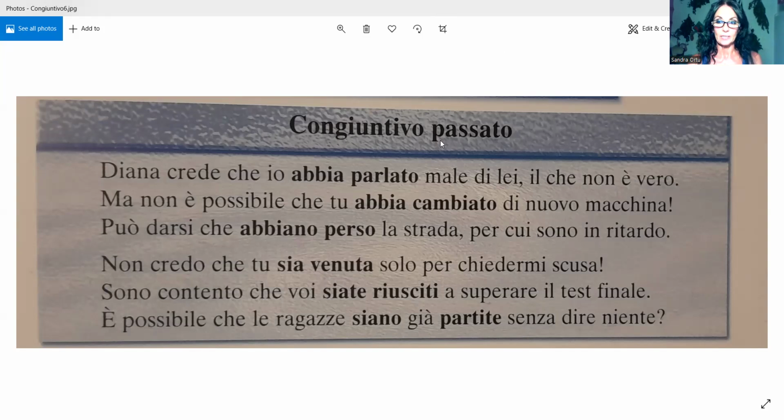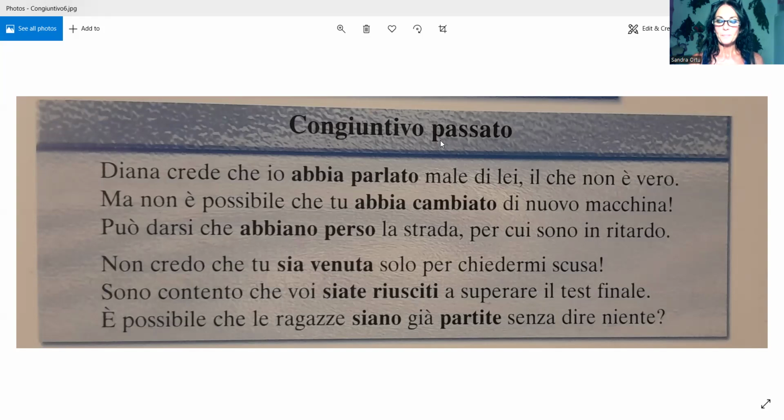With some verbs, we need the auxiliary avere. With other verbs, we need essere. If you're not sure, and I'm sure you have a very good idea because you have got to this level,